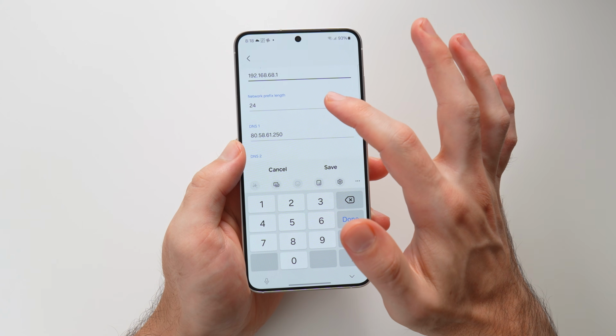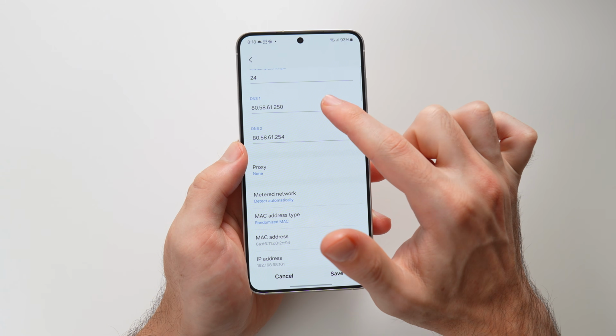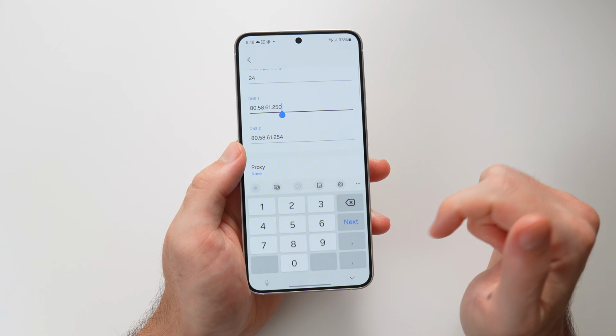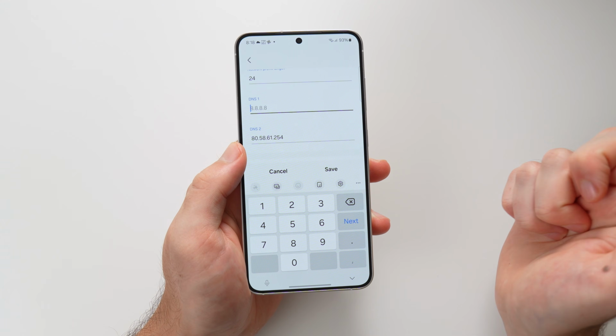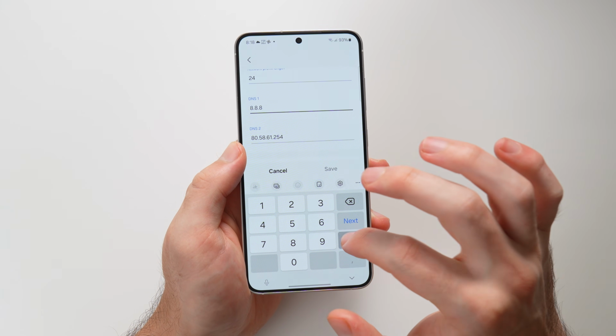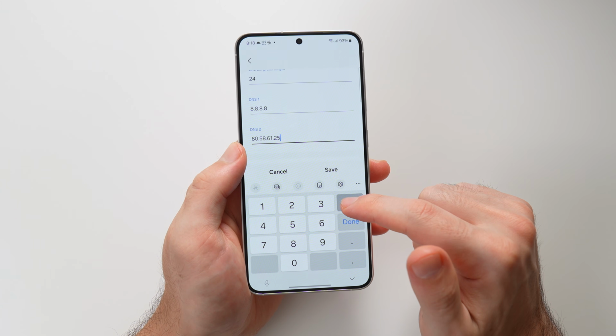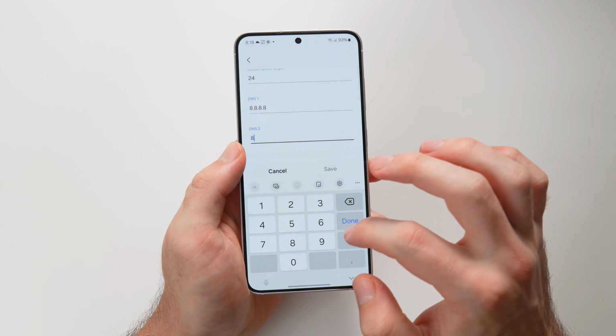We are not going to do anything to the gateway. We are not going to do anything to network prefix length, but we are going to change DNS1 and DNS2. In this case, for DNS1, just delete all the characters and then type 8.8.8.8. There it is. And for DNS2, we are going to do the same thing, but we are going to type